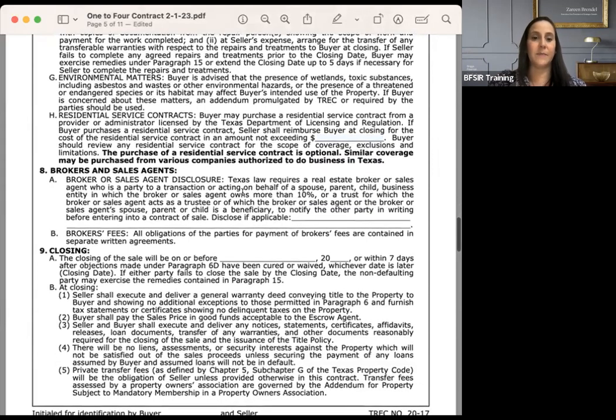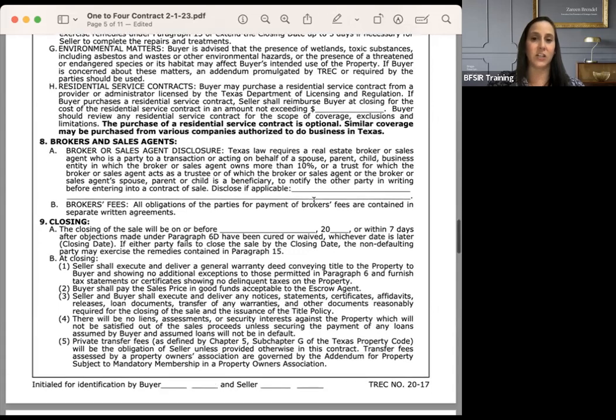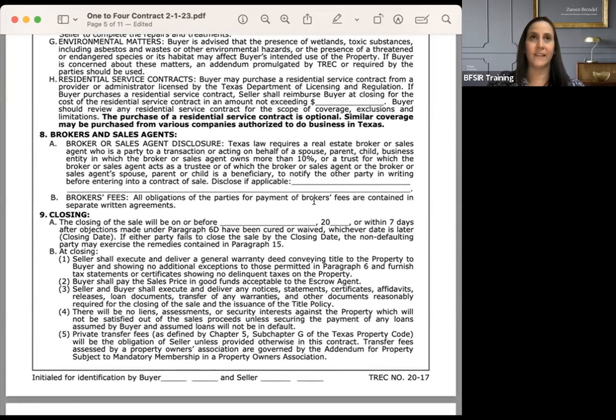All right. Paragraph 8, this is where you have to disclose if you own more than 10% of the entity, or if you're related to a party in the transaction. And we always call it, what is it? Consanguinity, which means that you have to be a blood relative, right? Spouse, parent, child, a lineal consanguinity, which means like a descendant or a